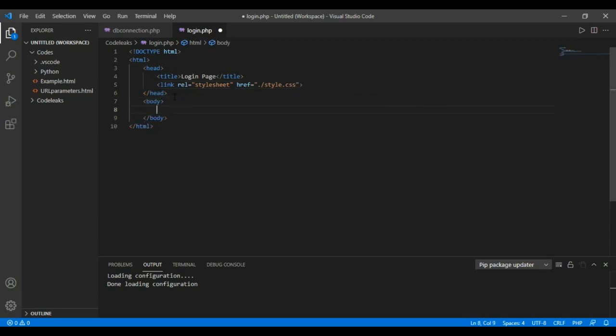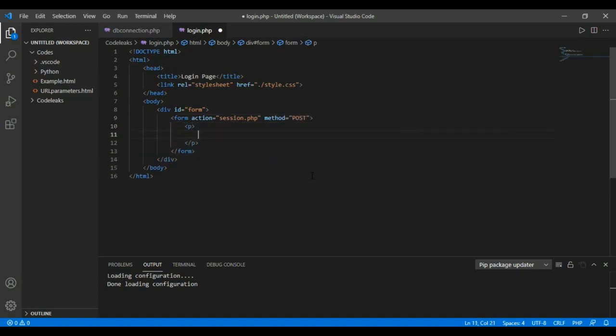Next step, in the body I have the ID as form. In the form tags I will give the action attribute as session.php, and the method will be declared as post.